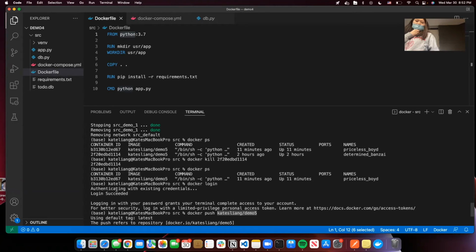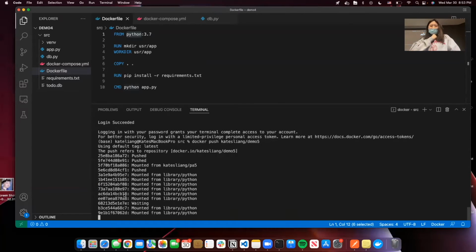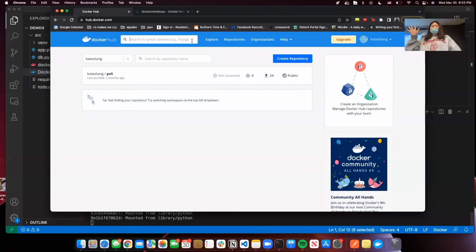Once you see Login Succeeded, that should mean you're successfully authenticated. If your laptop is faster than mine and your image has successfully pushed, you should be able to